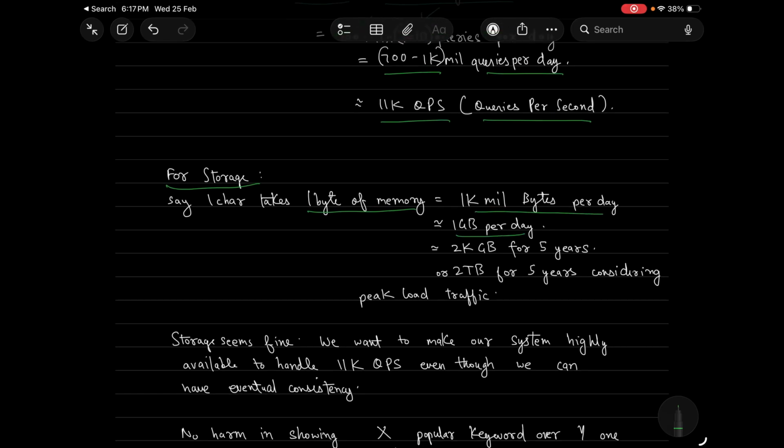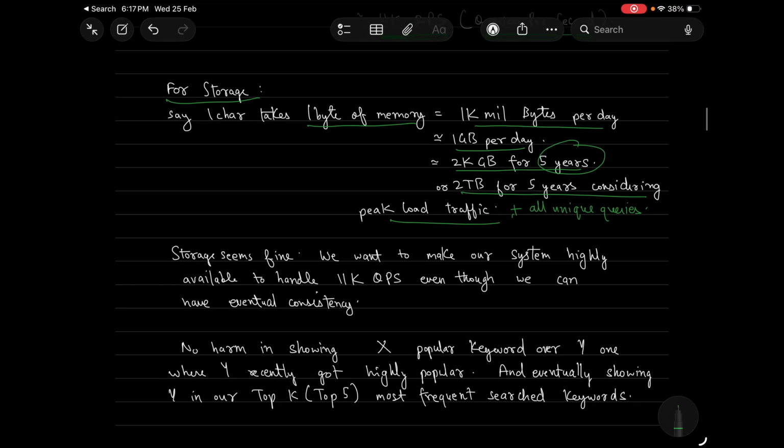Which equals 1 GB per day, and 2000 GB for 5 years if we take up 5 years of storage, or 2 TB for 5 years, considering peak load traffic and all unique queries, which is the worst case scenario. So we can see 2 TB is nothing. So storage seems fine. We want to make our system highly available to handle 11K QPS,